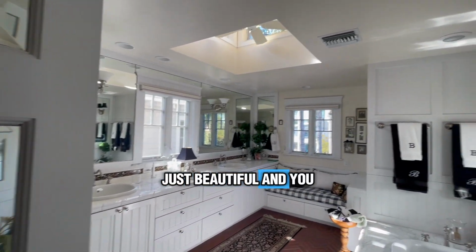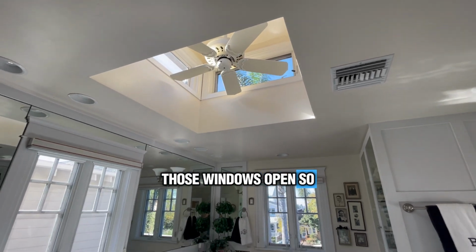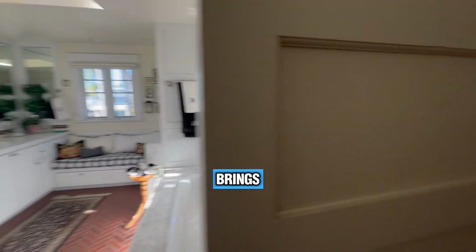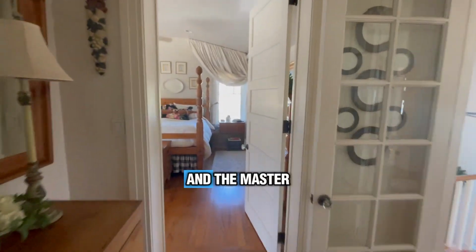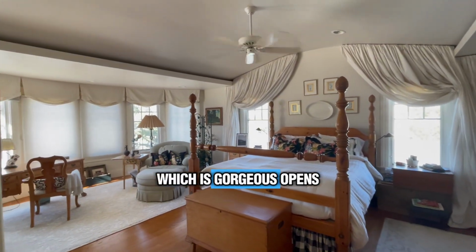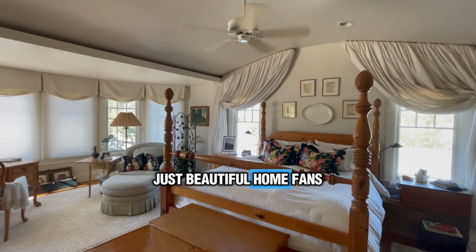Just beautiful. And you got the fan tucked up there, those windows open, so it disperses the heat nicely, brings nice breeze in. And the master, which is gorgeous, opens up nicely. Just beautiful home. Fans work